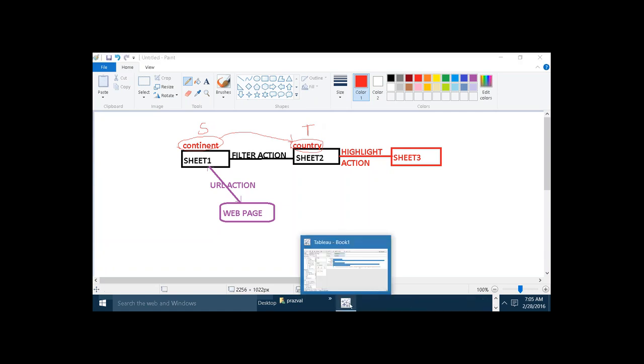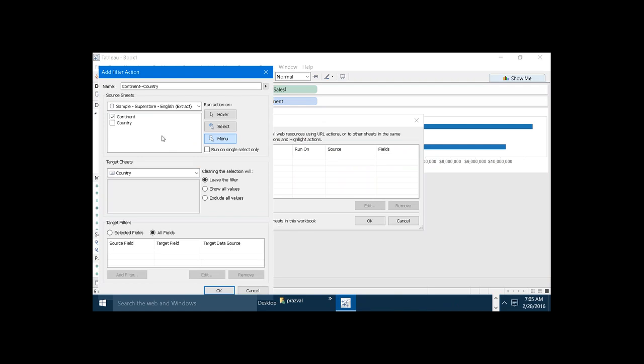In the filter action, we need to specify our source sheet and the target sheet. After specifying our source sheet and target sheet, next is how to run the action. We can run the action in three ways: hover, select, and menu. Let me go with the first one, hover. I will discuss these three options. I am selecting hover